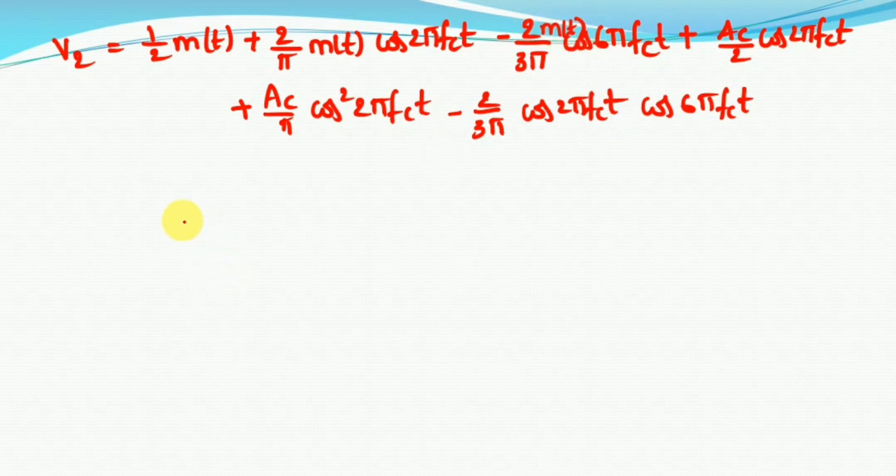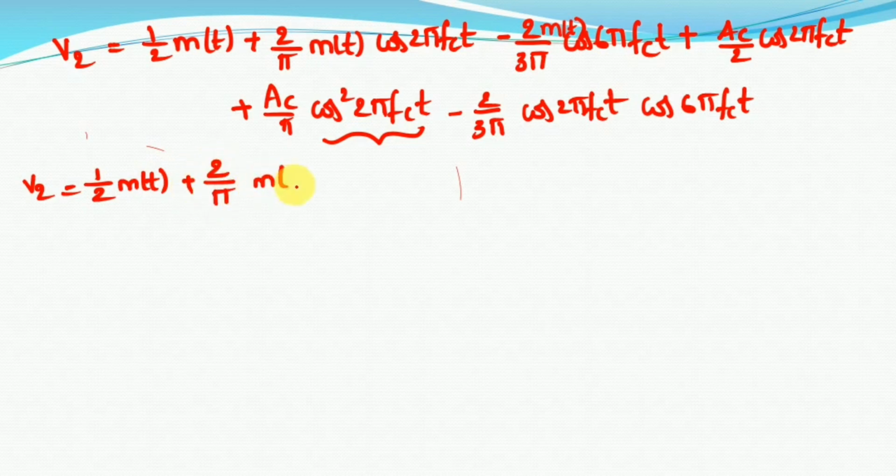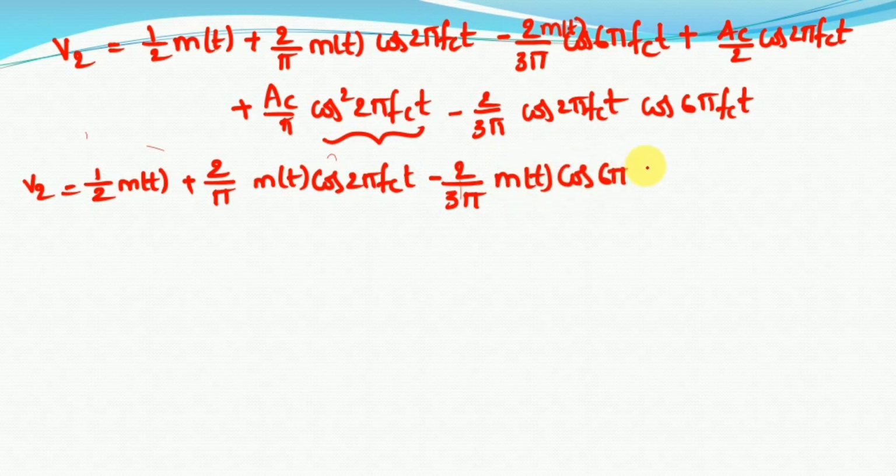Okay, so here I can write cos square theta as 1 plus cos 2 theta by 2. Now simply write this equation. So finally the value of V2 I can write as 1 by 2 m of t plus 2 by pi m of t into cos 2 pi fct minus 2 by 3 pi m of t cos 6 pi